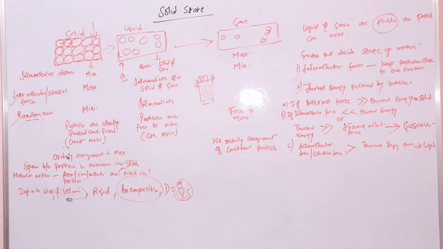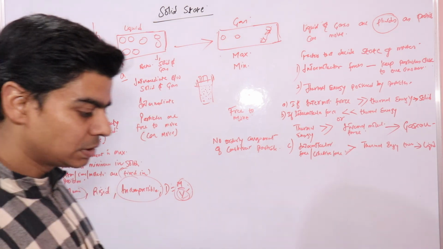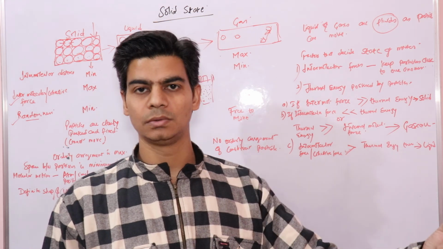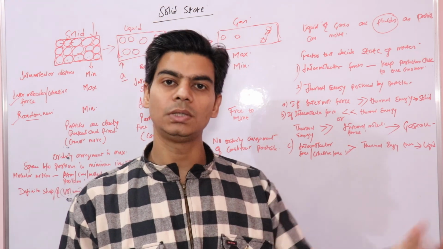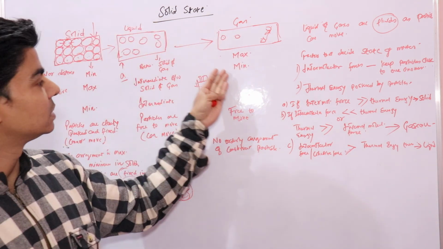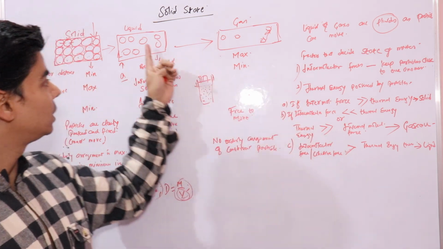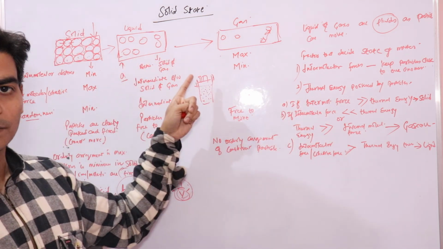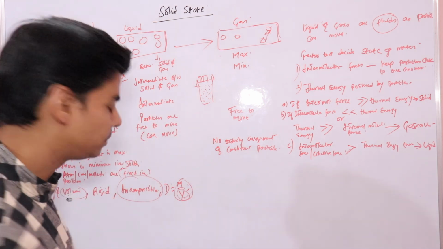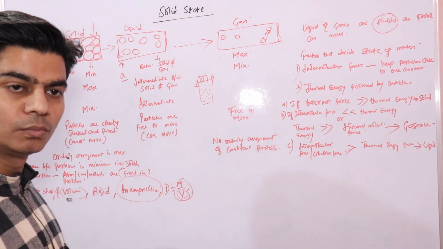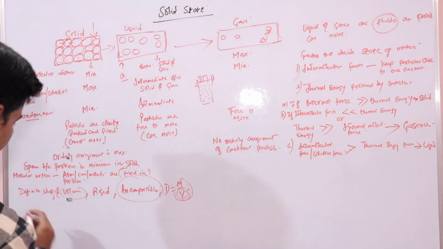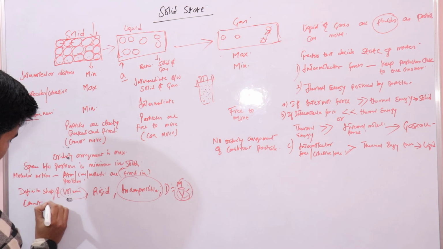And diffusion. If you have studied osmosis, where liquid diffuses through a semi-permeable membrane, it's the liquid molecules that are moving. We discussed that liquids and gases possess fluidity because the particles are free to move, but in solids particles are not free to move. Solids cannot diffuse because particles are tightly packed and fixed in their positions, so they cannot move.